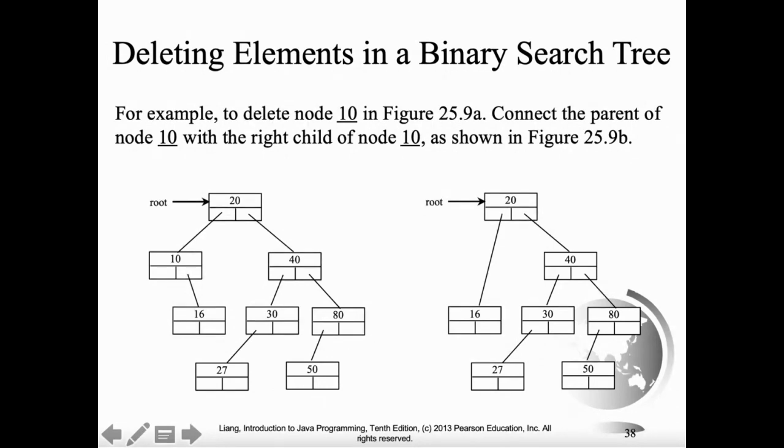So what I'm going to have to do is tell the parent dot left to point to this current dot right. And so as you can see, that's become this new tree, and the element 10 got removed from the list. Now your question might be that, okay, now 16 used to be in level 3,